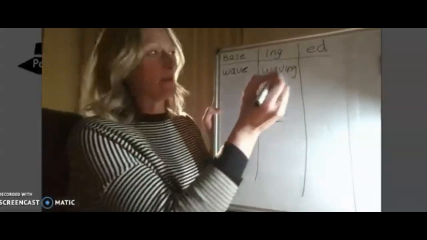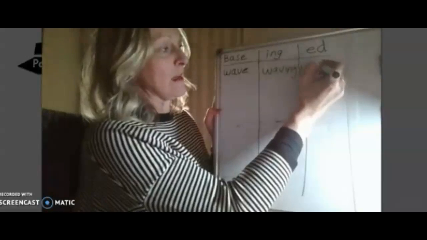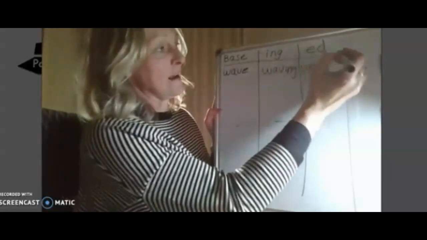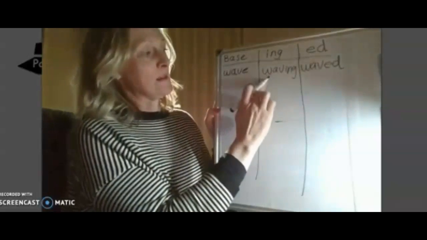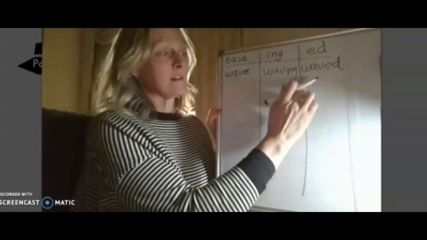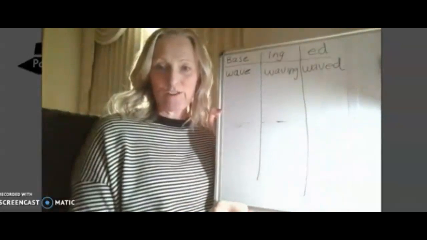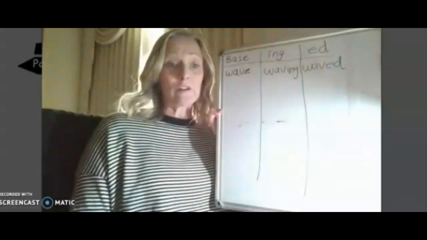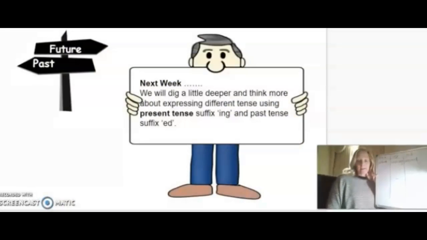I'm not very good at writing on the board. Let's do waved. Wave. Drop the E and add ed. Wave becomes today I am waving, yesterday I waved. That's what you're going to do on your sheet of paper with the list of base words, and they're back on the rainbow chart. Next week,